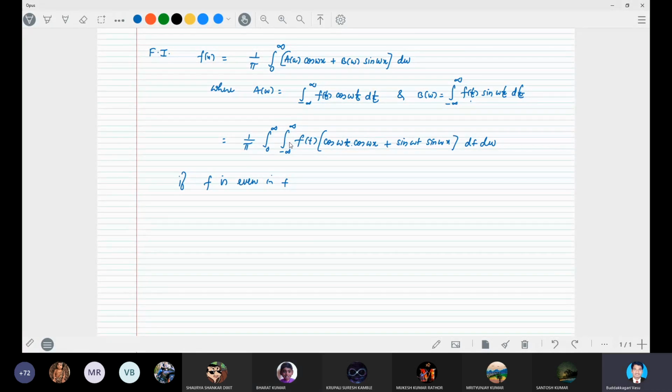And f(t) sin(omega t) will become an odd function. Therefore, integral minus infinity to infinity of f(t) sin(omega t) dt is equal to 0, right? In such a case, f(x) is equal to 1 by pi integral 0 to infinity integral minus infinity to infinity of f(t) cos(omega t) cos(omega x)